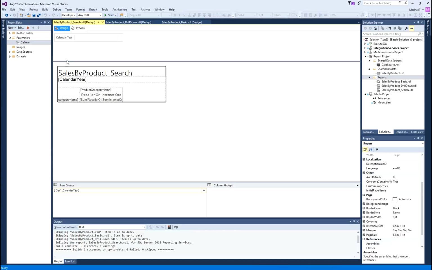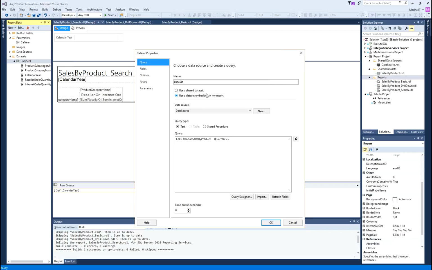So, one thing I want to see here is the data set, how the data set is defined here. I will say right click, properties, data set properties, and here we used the default value 0, right, but I want to assign the value to this particular stored procedure.